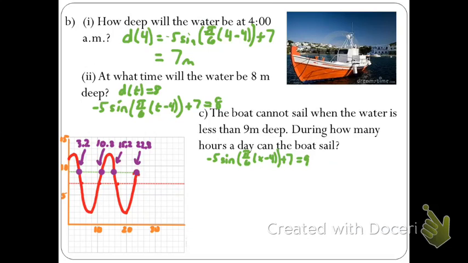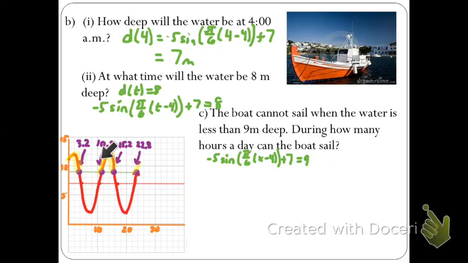Now again, what we care about is this part right here. How many of those hours are above 9 meters? Okay? Now really kind of the smart way to do this is this way, I think, because it's a little bit tough to tell how many hours there are between 22.8 in the PM and 3.2 in the AM. All right, not incredibly tough. I'm sure you can think of ways of making that happen, but essentially it's going to be